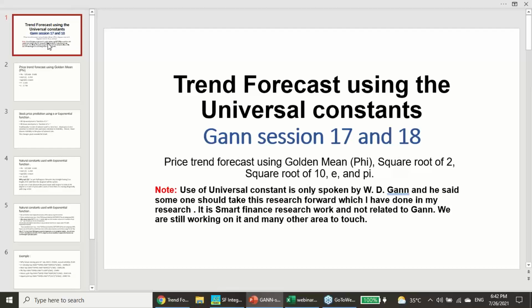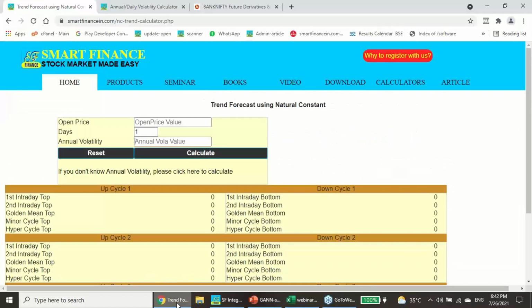Those who have joined this program already know this method, they are using it, and they are highly successful with it. However, we thought more traders should know, and that is the practice of Smart Finance. Whenever we bring a new concept, we do not restrict it to paid webinars, we bring the entire concept to the general traders so that they can use it, feel it and experience it. So this is one of our new findings.